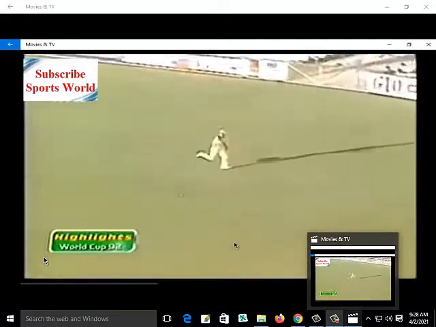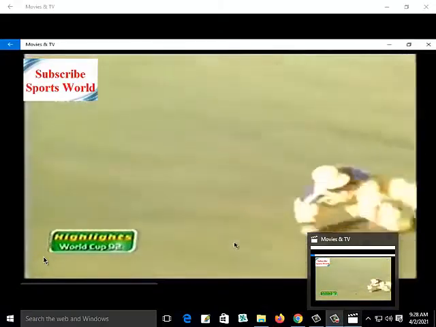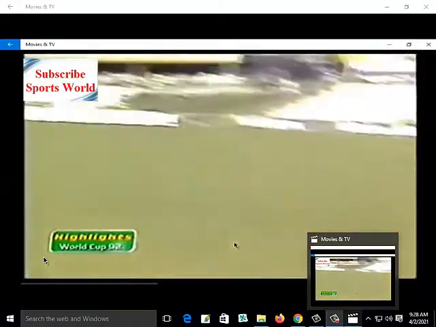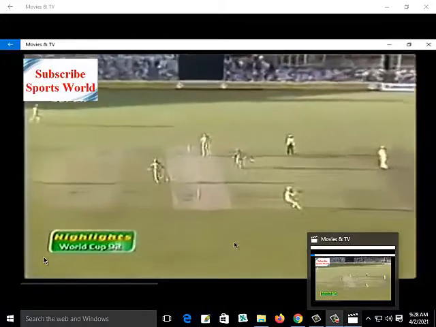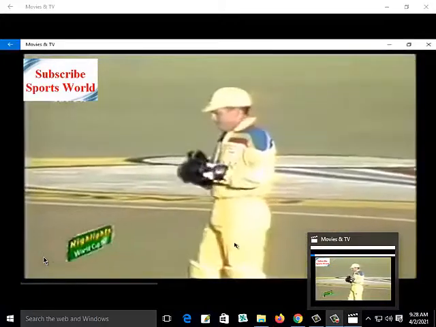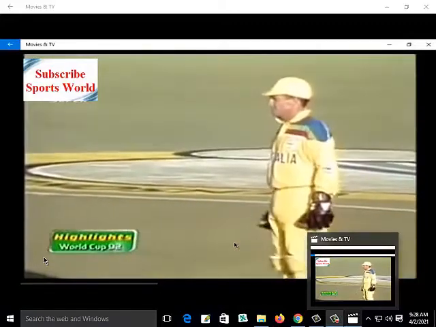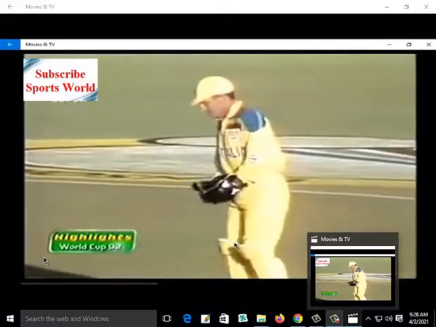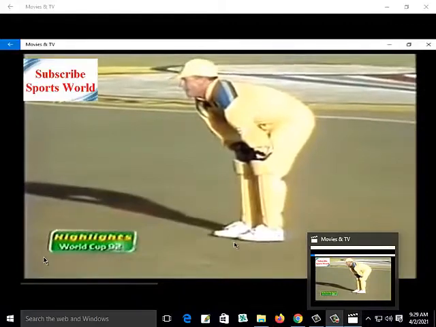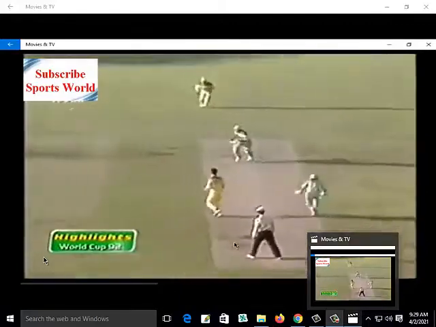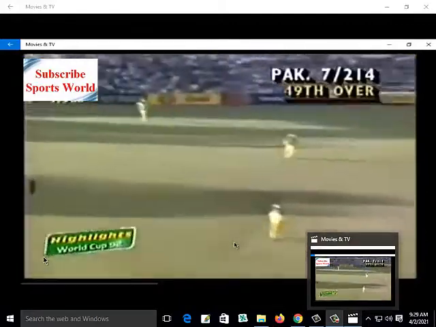Ian Healy just looked earlier as though he was fully recovered from that hamstring problem, but he's not. He throws that one and you see him just hobble away back to his position. Still not 100% with the hamstring. So Borney picked it. May go for 2.